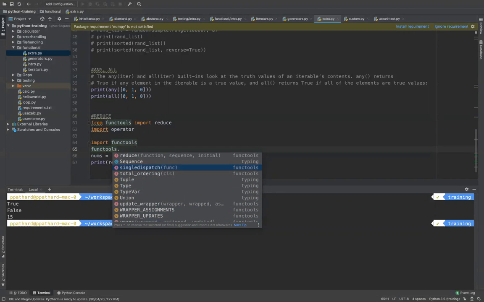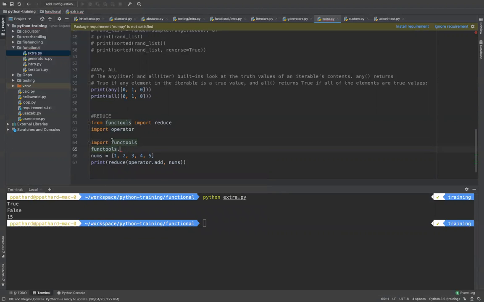And you can do a lot more things using functools. But today I'm going to introduce you to a function called reduce. So I'm going to import a function from here called reduce. What is the job of this function? Given a set of values, it will do some operation, whatever operation you say, and come to a single value. That is called a reduce function.